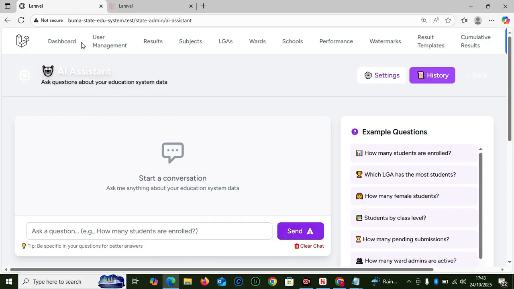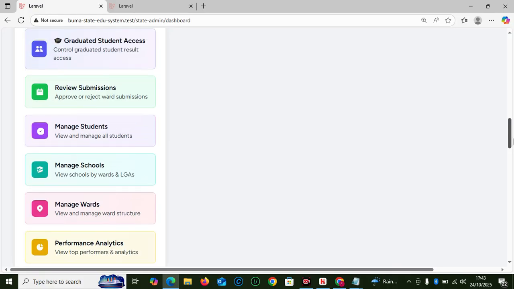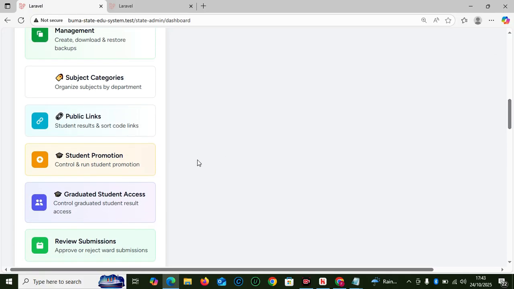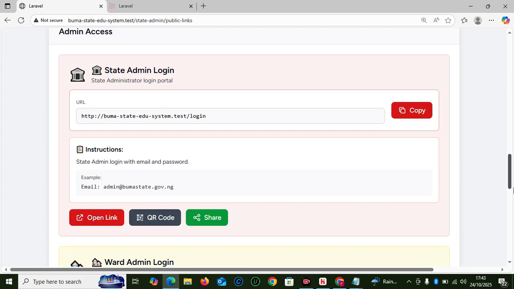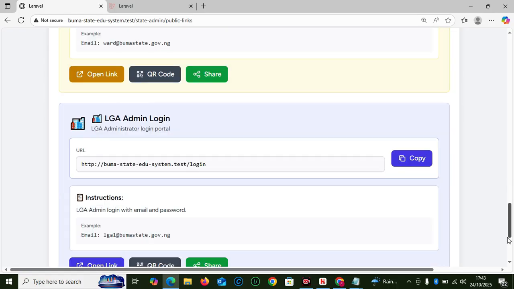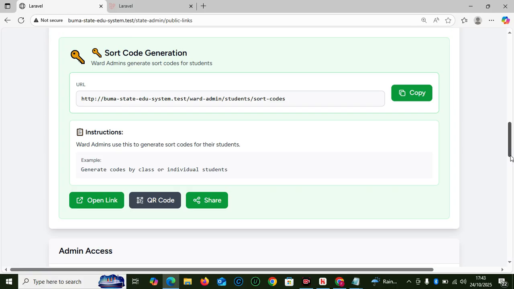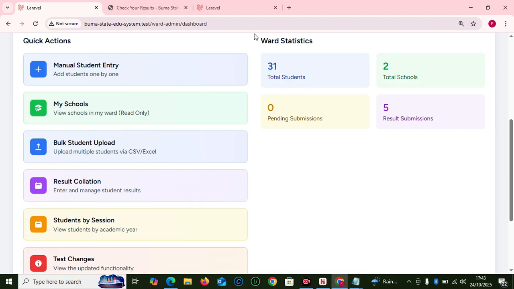Let me go to the dashboard. So the state officer comes here, and then these are the public links. They share this link with the ward officer to generate a source code for the student to check their result, because students access their result with their reg number and the source code given to them. So they copy this source code and send it to the ward admin. So the ward admin comes here, and this source code works for the ward admin. That URL, if you place it anywhere else, it won't work. It's for the